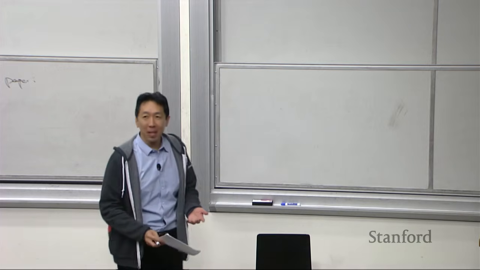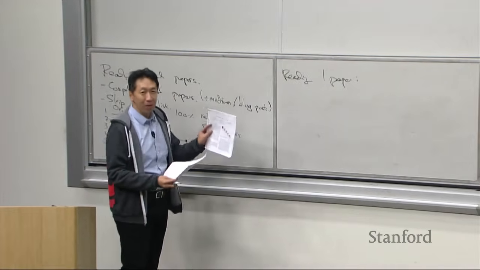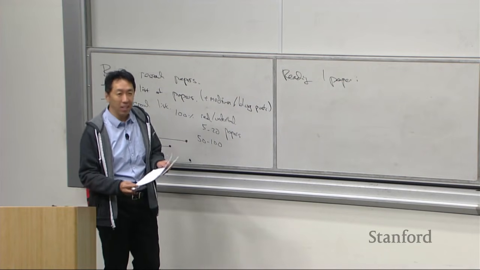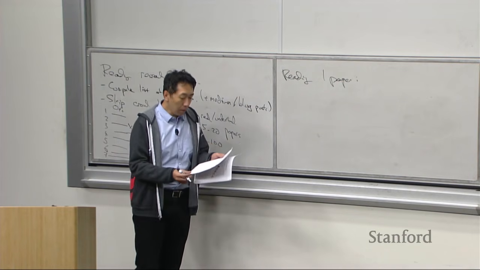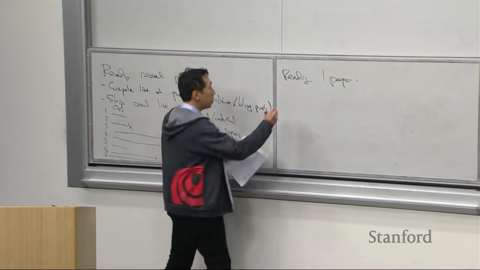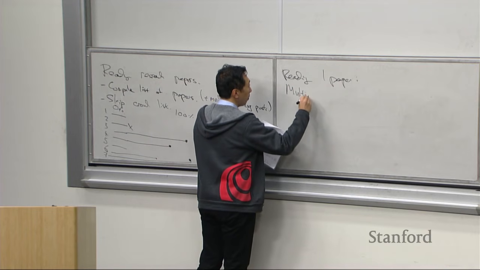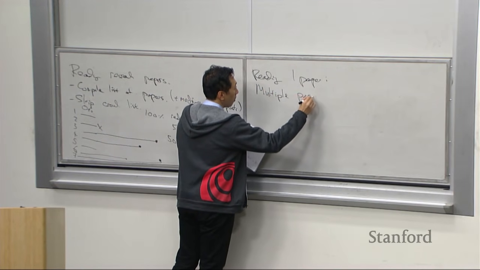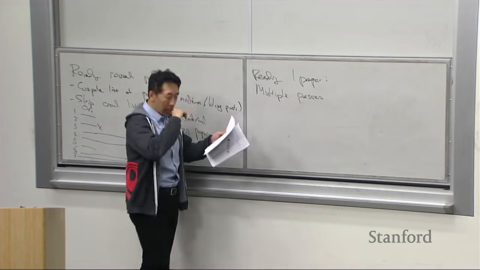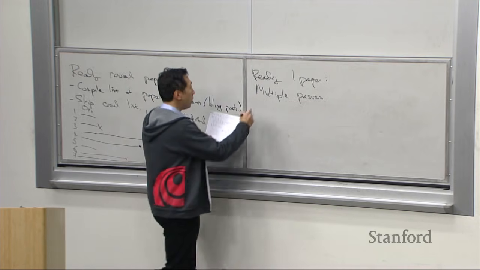But when I'm reading a paper, this is how I would recommend you go about it: don't go from the first word and read until the last word. Instead, take multiple passes through the paper. And so, step 1 is